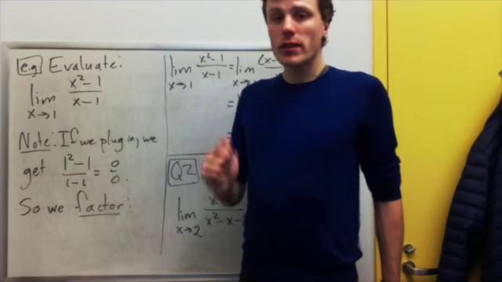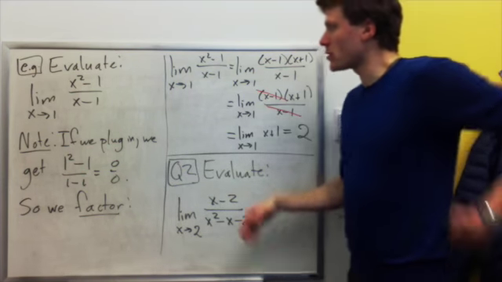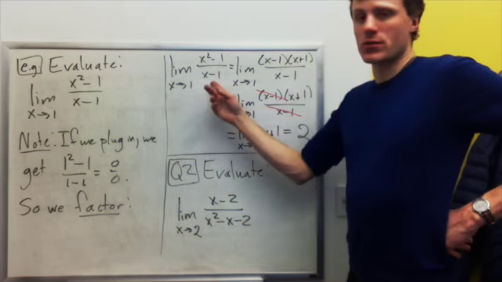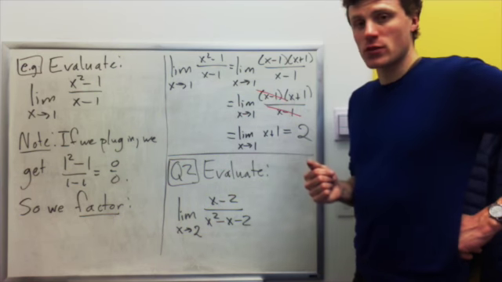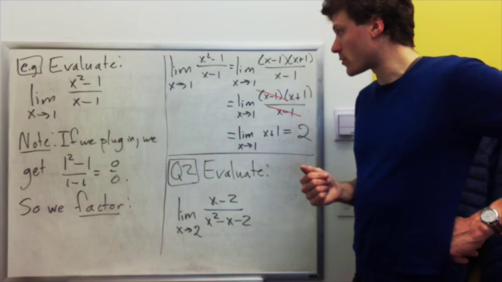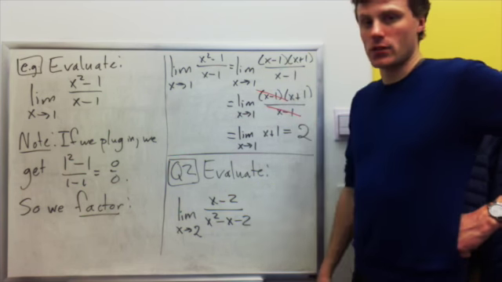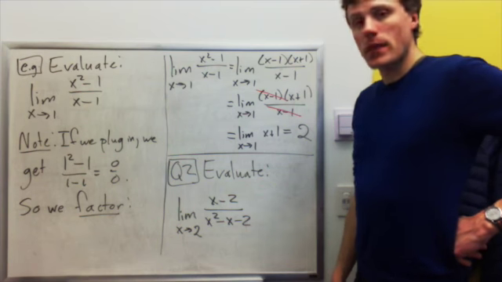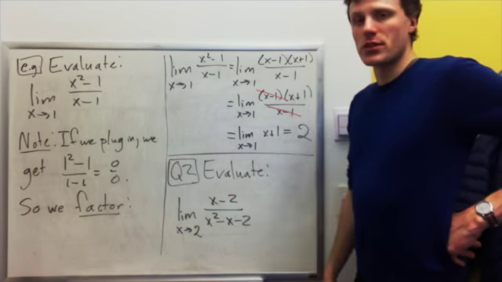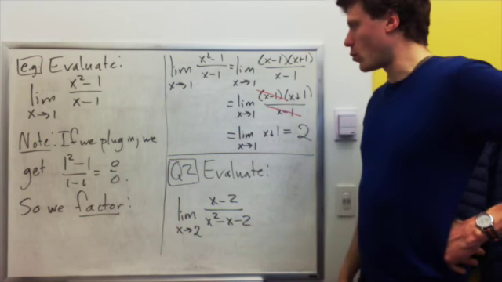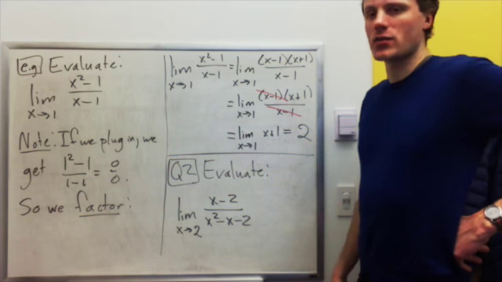So there's really only one way to go here, which is to factor. We're going to factor the top and bottom. Well, the bottom is already factored. It's a linear expression, so there's nothing to do. The top is x squared minus 1, which is a difference of squares. So we get x minus 1 times x plus 1 over x minus 1. Well, that's what we expect. We expect there to be a common factor of x minus 1 because both of these polynomials are equal to 0 at 1. So we can cancel them out, and we're just left with the limit as x approaches 1